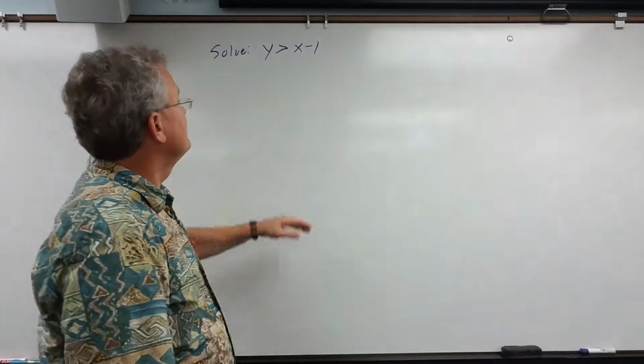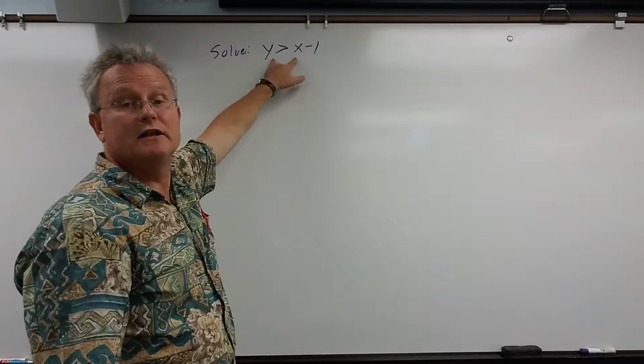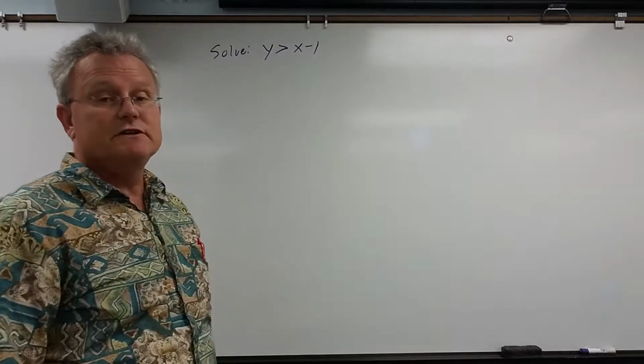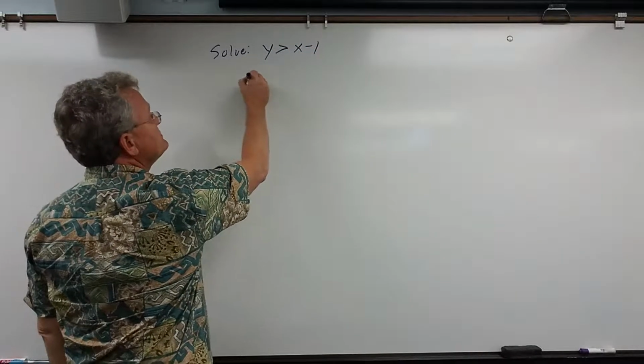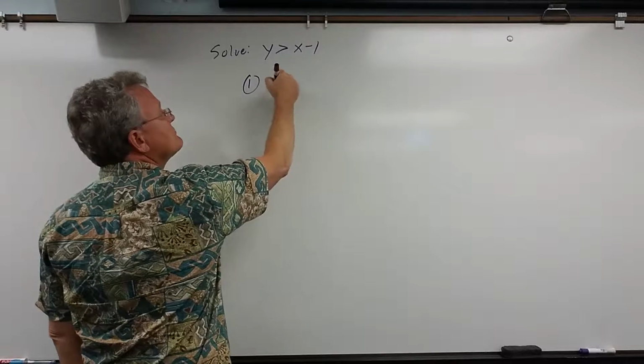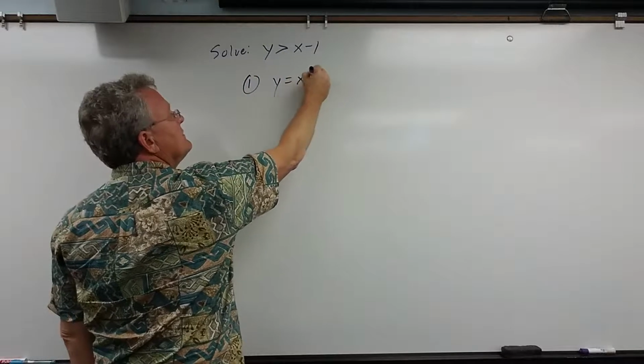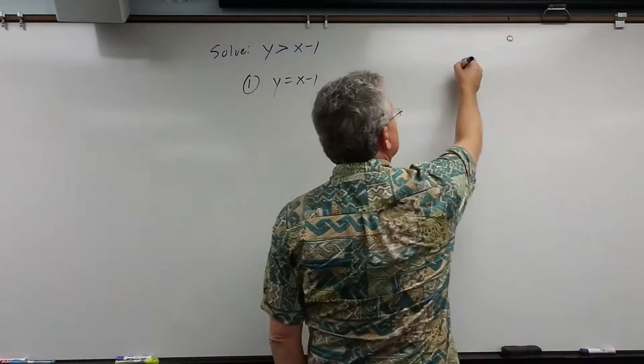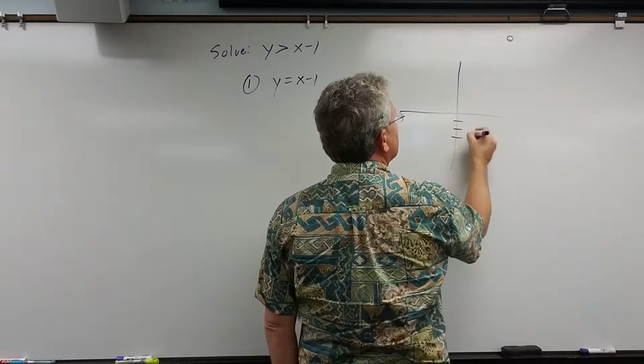Now we're going to solve an inequality in two variables, x and y. To solve these inequalities, the first step is to graph the equation, replace the inequality with an equal, and graph that. So over here, when I graph that,